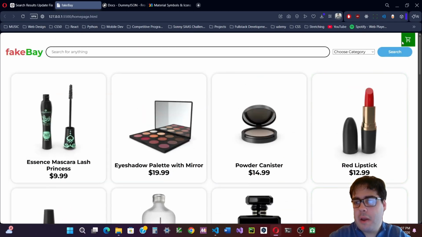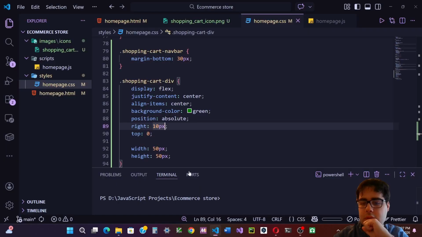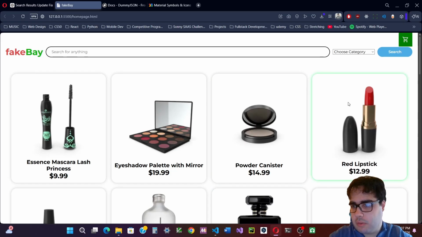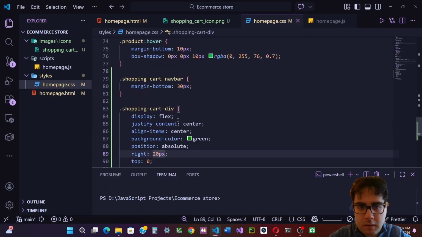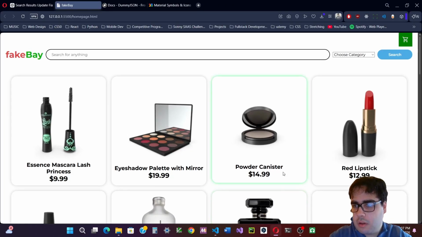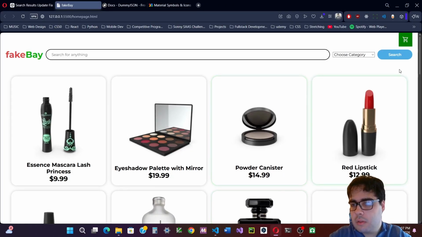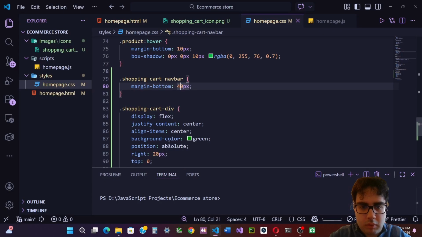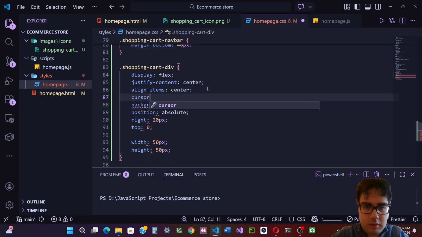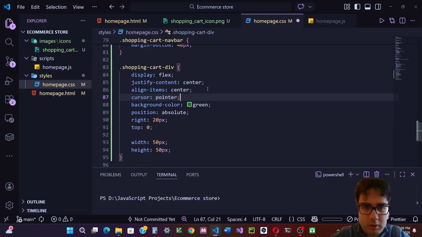Okay, that looks ugly as heck, but maybe 20. Try to align it with the search button. That's maybe 40. Okay. So now I'm gonna give us a cursor pointer,